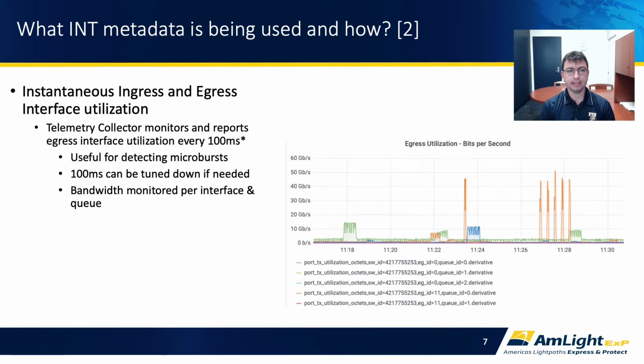So now that we know what INT is and how INT operates, let's see how leveraging INT improves network operation. The first benefit is instantaneous egress and ingress interface utilization. Since every packet is exported to the telemetry collector with access to the metadata, the timestamp, and the packet length, it can calculate the bandwidth utilization using multiple attributes in any interval that is defined by the operator. At AmLight, for example, we do this every 100 milliseconds, but this could be turned down or turned up